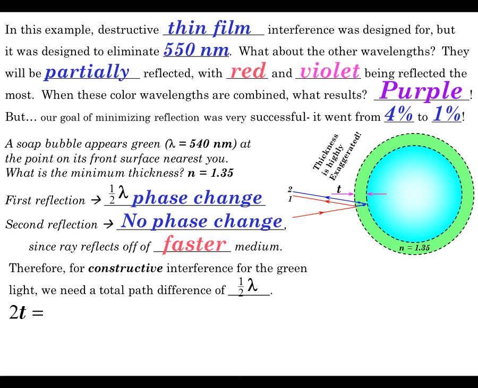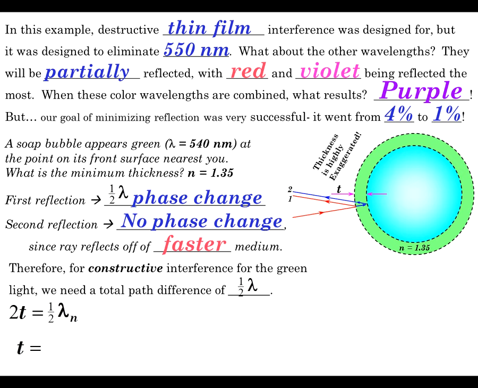Does that make sense? Good. So twice the thickness, in other words there and back, has got to be 1/2 a wavelength, so that mixed in with the 1/2 wavelength change of the first ray, there's a full wavelength difference between these two. So 2t is 1/2 a wavelength